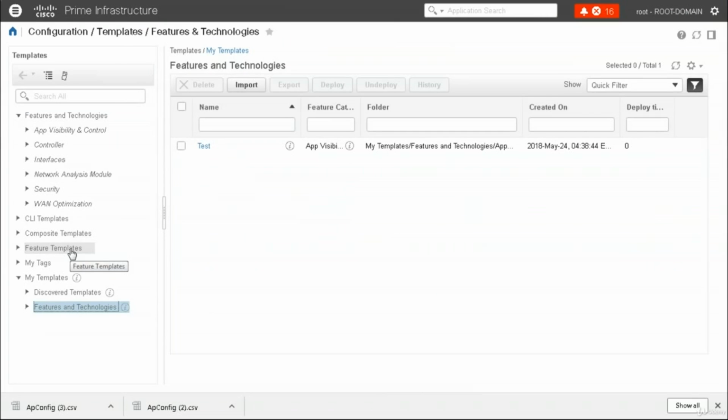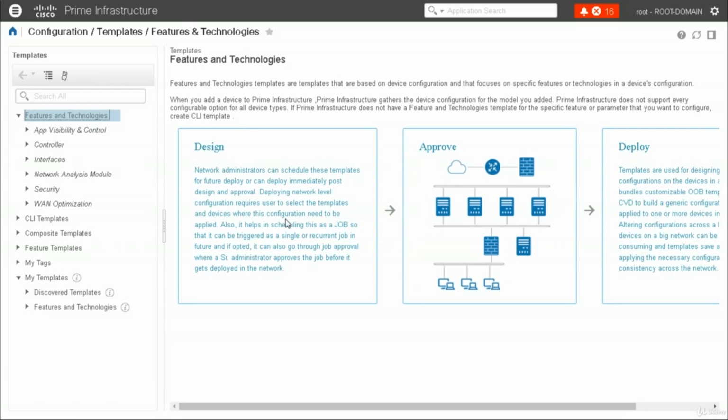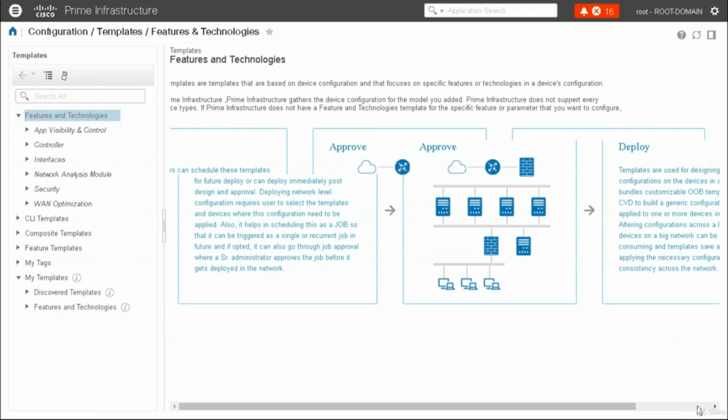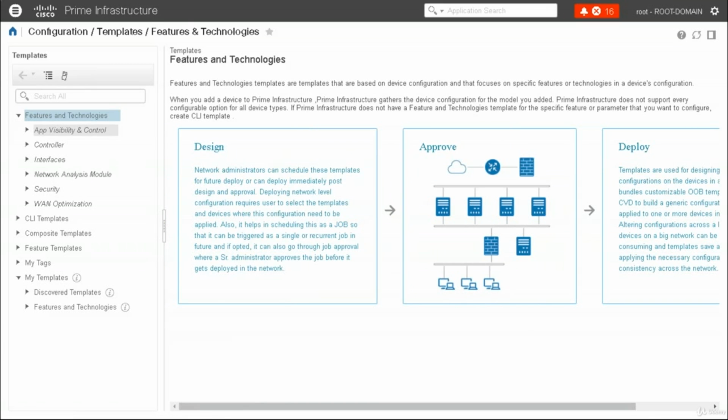So suppose you want to create your own template, then what you can do, say feature and technology, I have app visibility control, controllers like that. So let me do one thing here. Say this is a process you can follow like design, approve, deploy, like that. You'll get notes as well. Let me click here on app visibility and control,